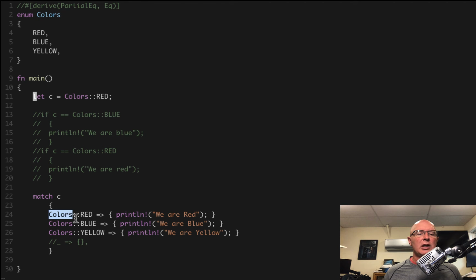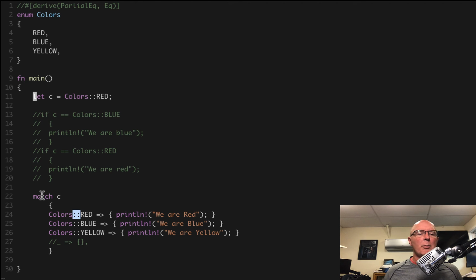So colors, and then remember our : is a way to get to the subvalues of whatever it is. If we're dealing with libraries, then it allows us to break the libraries down. So the : is kind of like the dot notation in other languages to drill into things. So we're saying if colors : red